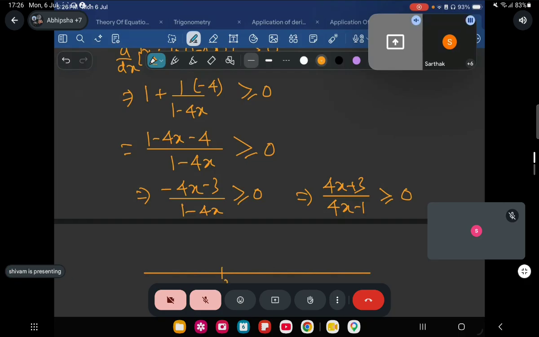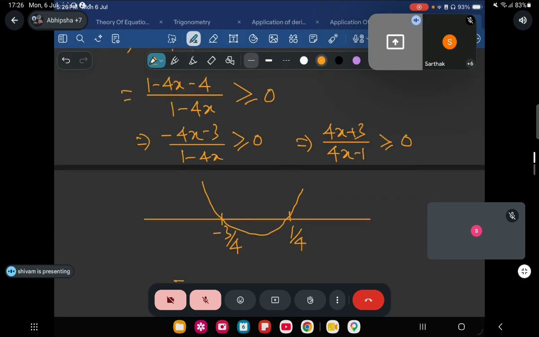Minus 3 by 4, 1 by 4. The graph will look somewhat like this. Okay. So over here, can I say that x belongs to (minus infinity, minus 3 by 4] union (1 by 4,